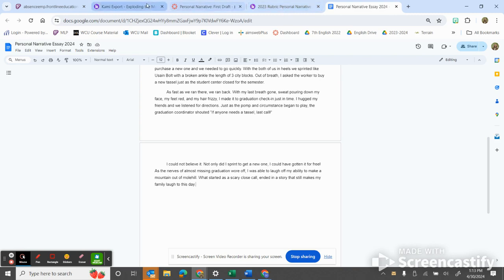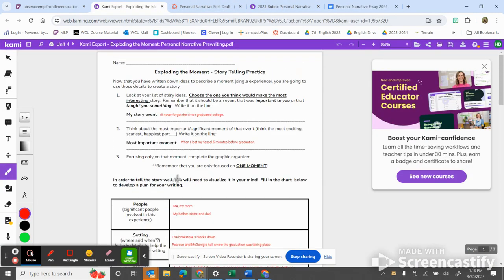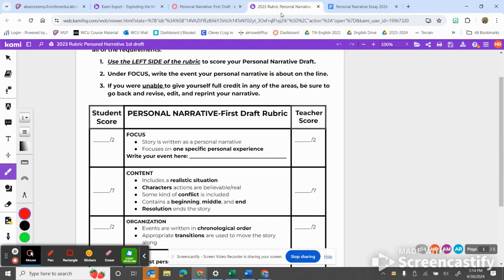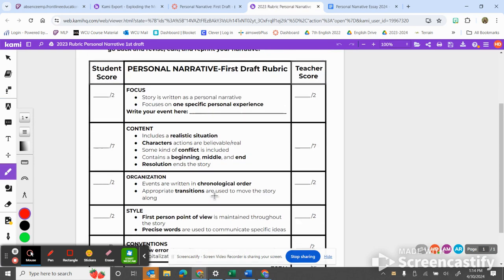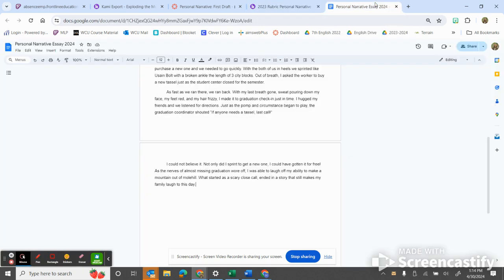So if I go back, I have all of the elements that are listed in my graphic organizer and that are also in the rubric. So you want to make sure that you're at least meeting these expectations for today. When you're done, if you print, you can submit, and make sure you print and submit, and then you are good to go. When you finish, make sure you find something quiet to do. It's a good time